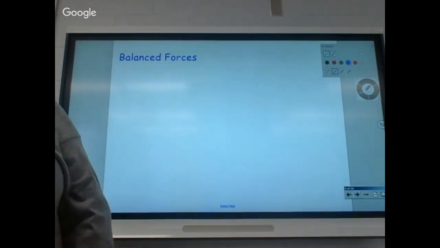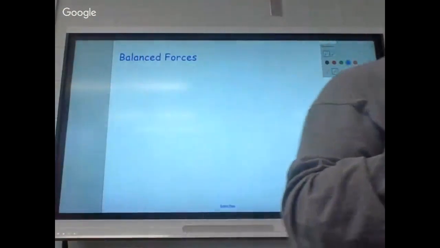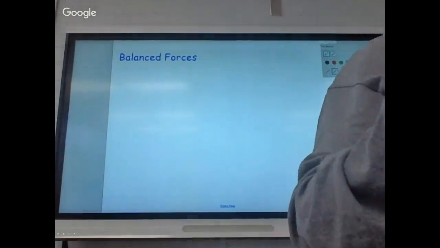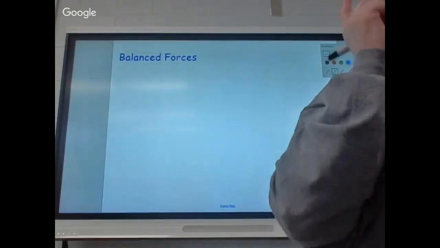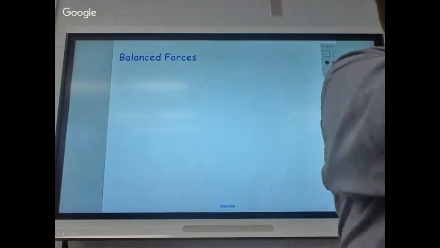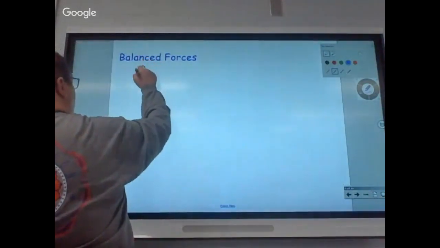Can you tell me about the direction? Tell me about the direction. So you said we're equal on both sides. Are they going the same direction or are they going in opposite directions? Opposite. Okay. So a balanced force will be a force